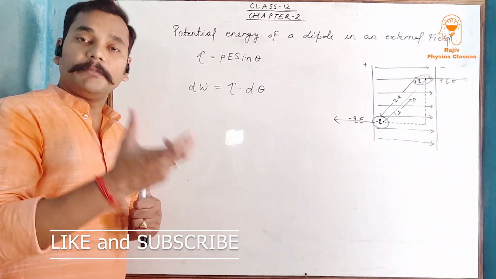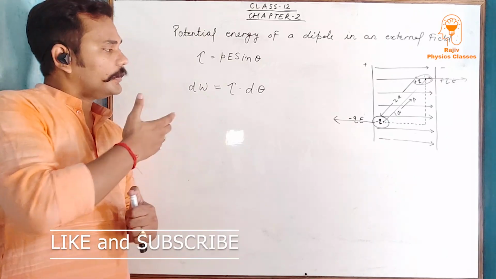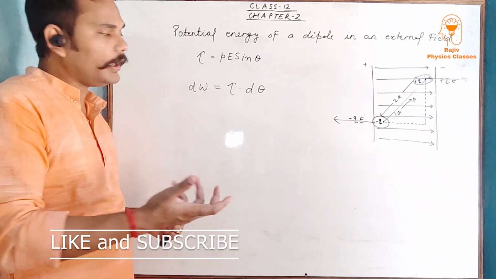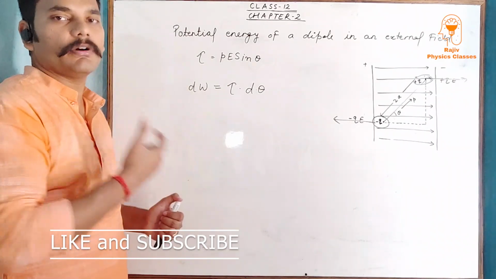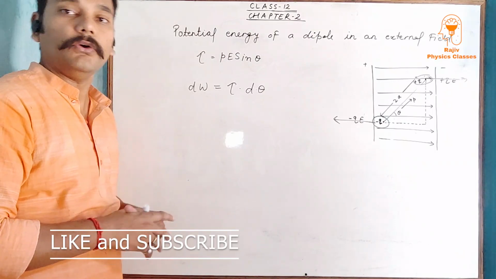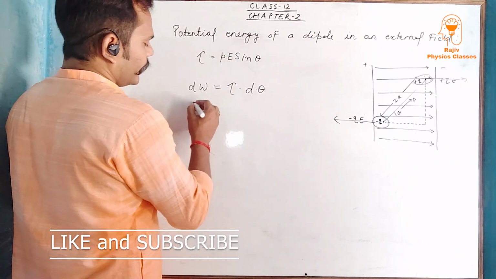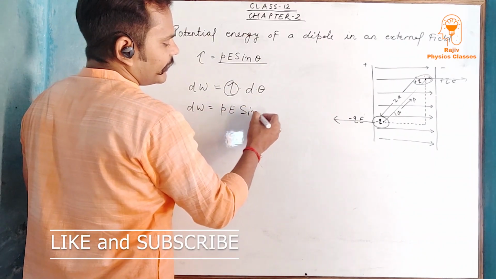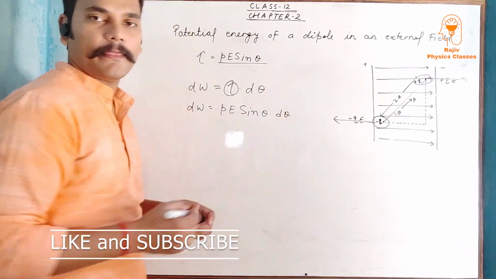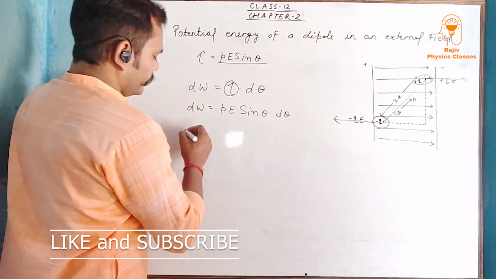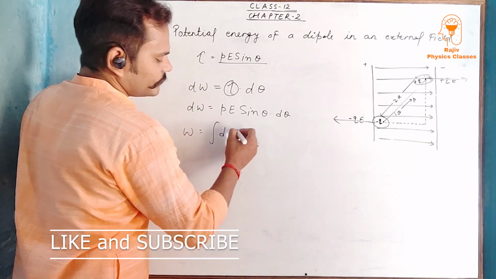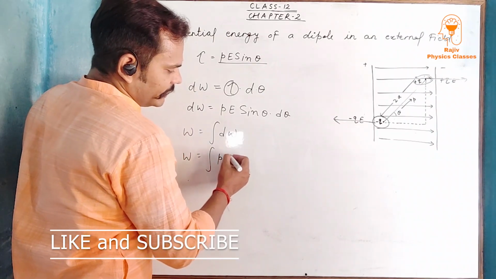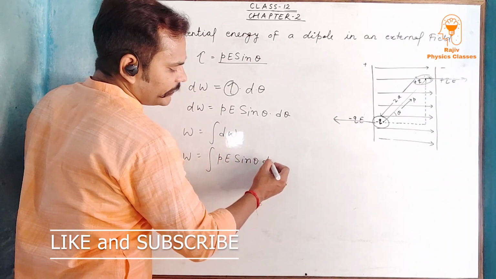Tau is called a couple, isn't it? So tau, due to a couple of forces, due to the arm of the couple, or due to the rotational force on the body, is a torque. And in case of rotational work, we calculate dW equals tau into d theta. Now, what is tau? Tau is already given here, P E sine theta, into d theta. Correct? Now, to calculate the total work done, what should we do? Obviously, the integration of dW. What is dW? It is P E sine theta d theta.